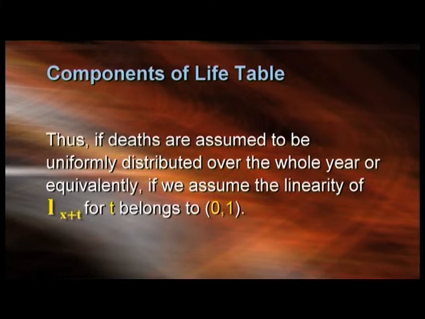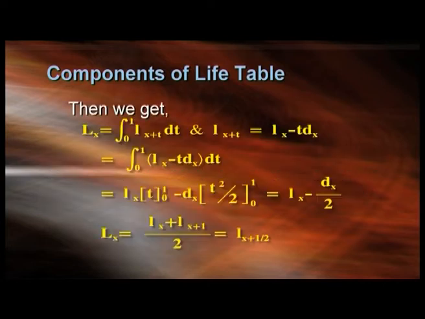Thus, if deaths are assumed to be uniformly distributed over the whole year, or equivalently, if we assume the linearity of L of x plus t for t belonging to [0, 1], then we get capital L of x is the integration from 0 to 1 of L of x plus t dt,